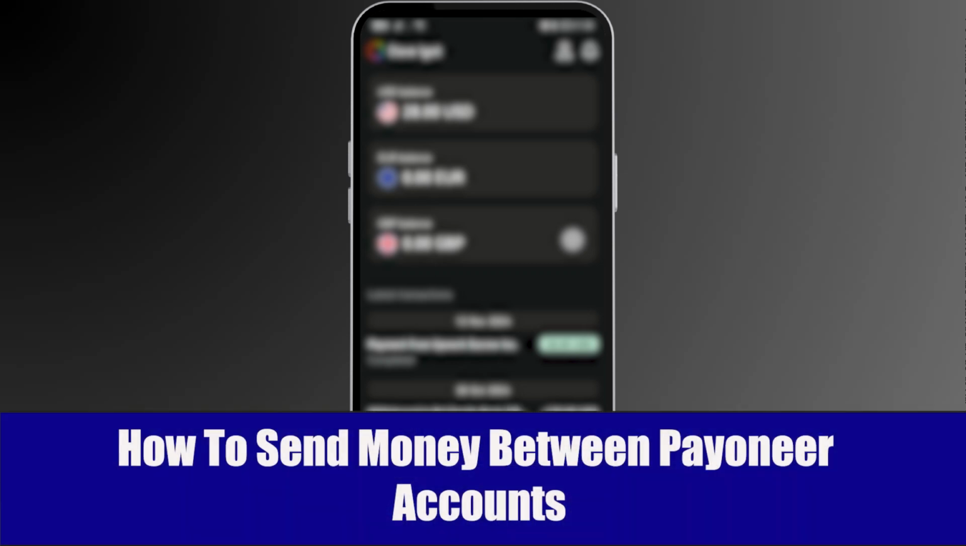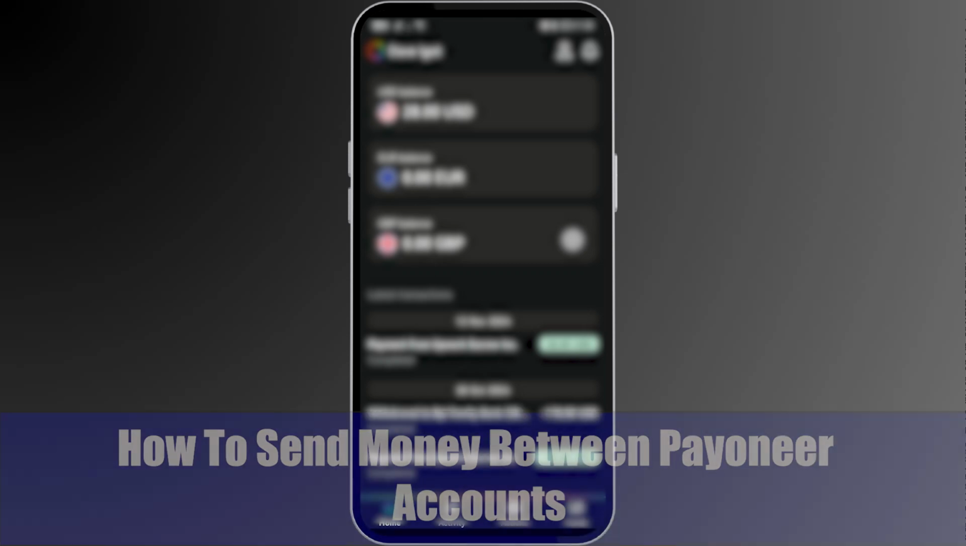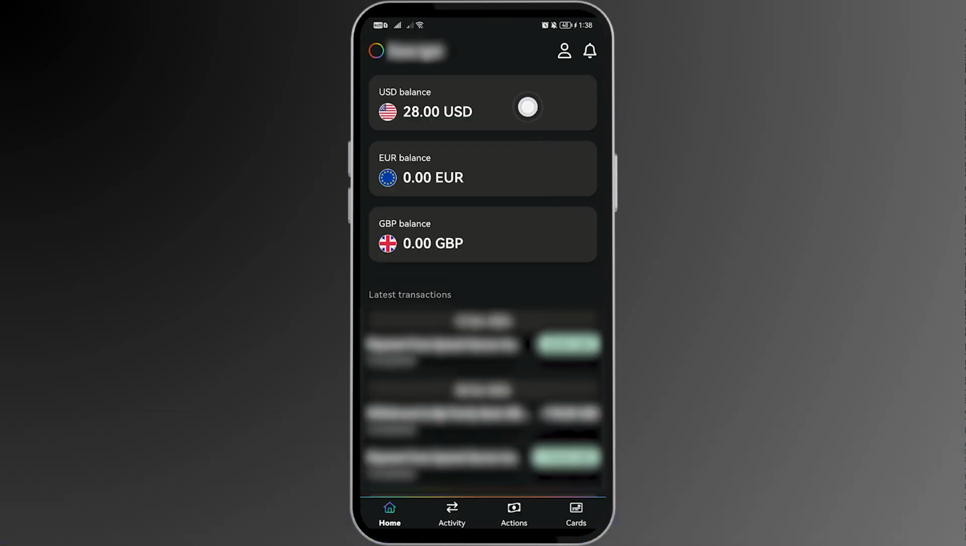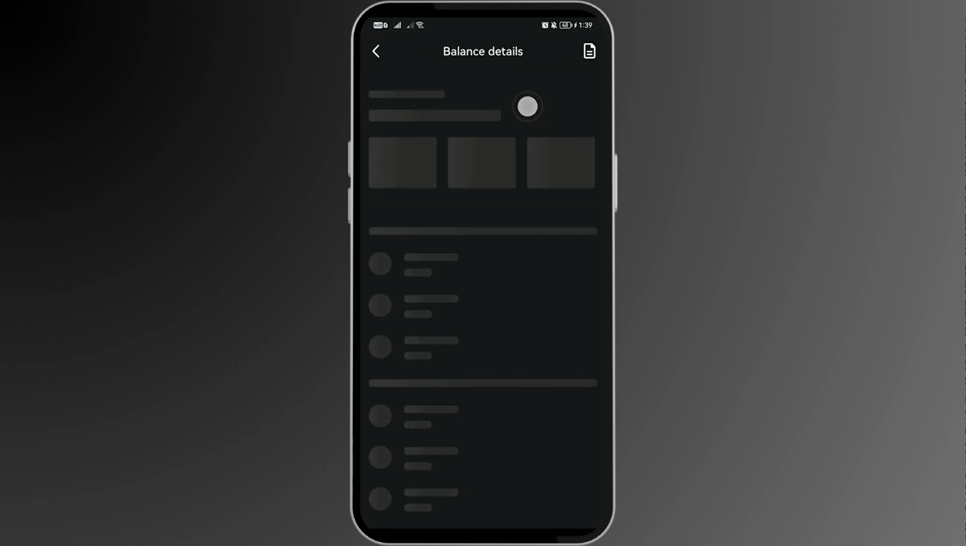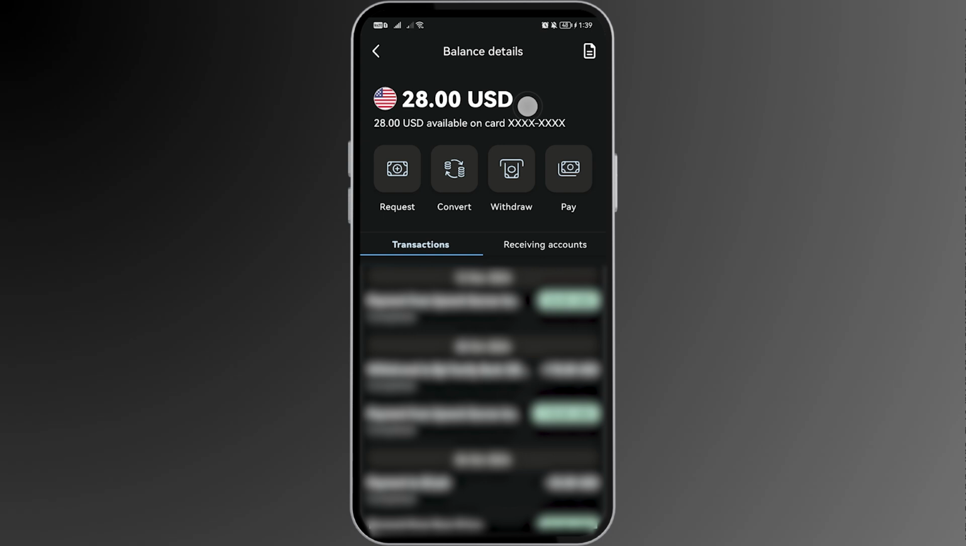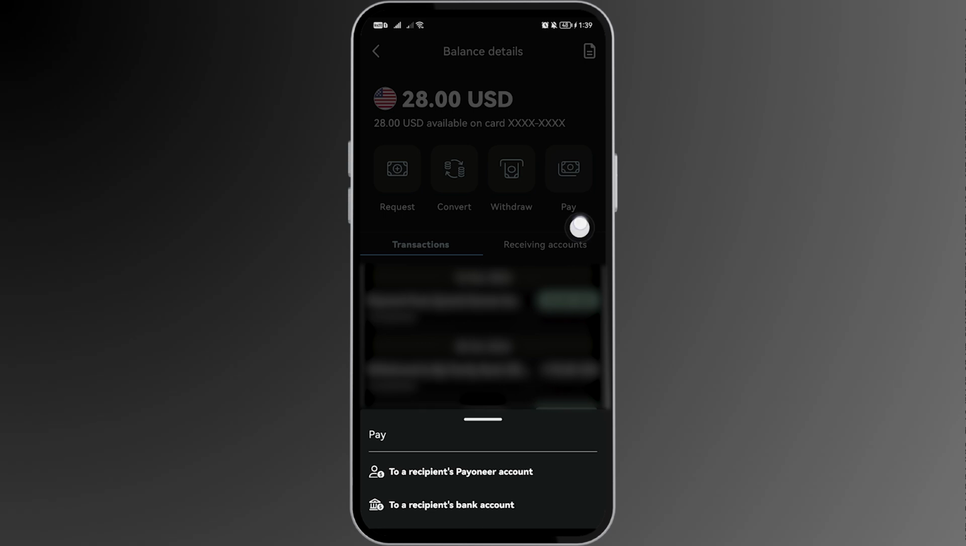Here's how to send money between Payoneer accounts. Now, for us to get started, I'm gonna choose my USD balance here because I still have some amount left in here. Once you are here, you should be able to see details about it, and what you're gonna do is just tap the pay button right here, and we're gonna go ahead and choose to a recipient's Payoneer